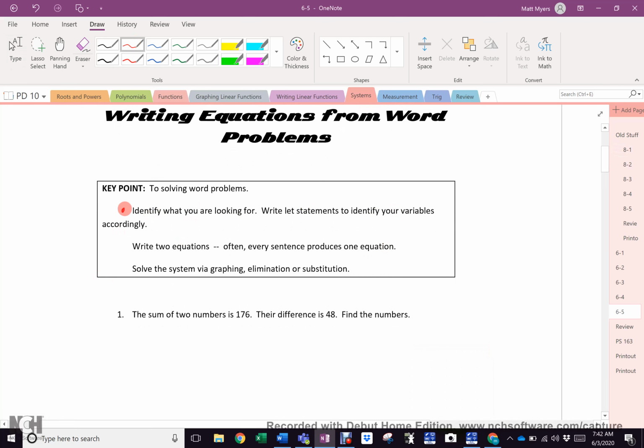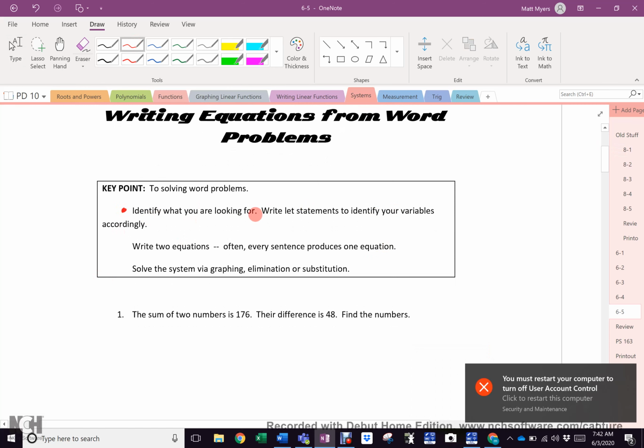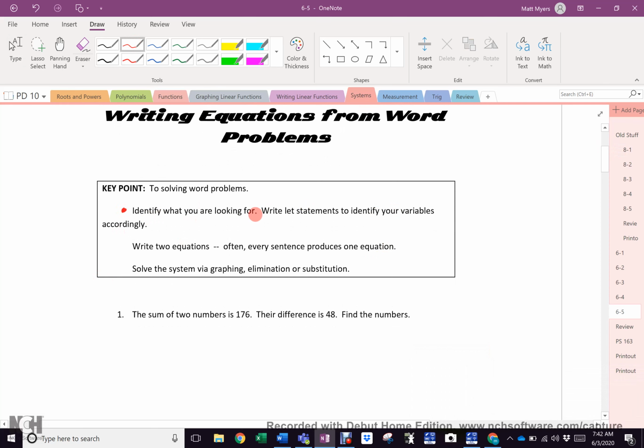So step one, we'll do in red. Identify what you're looking for. So that's the question. Like, what do you have to find? And then write let statements. Now, this is a little weird. They're helpful. I've had teachers that wouldn't mark my work if I didn't write a let statement. So let's do that for this. We're going to do each of these all the way down. It's slightly different, but you'll see what I mean. So identify what I'm looking for and write let statements to identify your variables accordingly. Now, remember, variables are the unknown